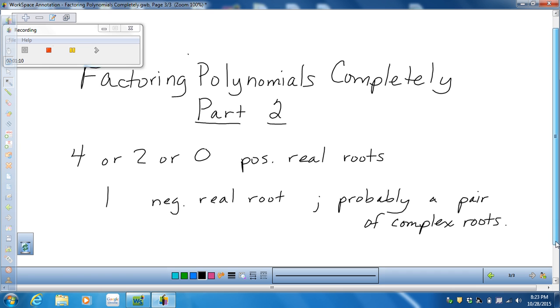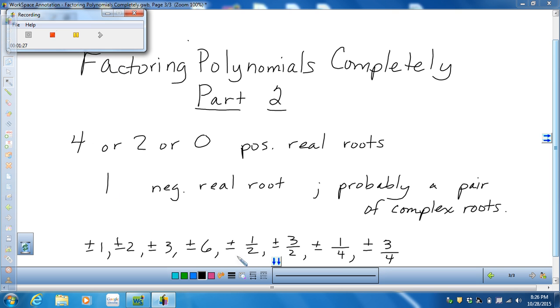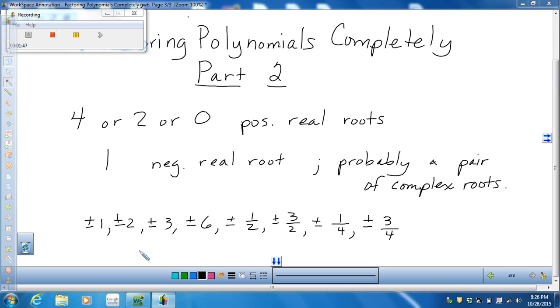So first thing we're going to do is go back and look at our possible rational roots that we discovered before. These were our possible real roots right here: positive negative 1, positive negative 2, positive negative 3, positive negative 6, positive negative 1/2, positive negative 3/2, positive negative 1/4, positive negative 3/4. So we want to go and start trying some of these using synthetic division to see